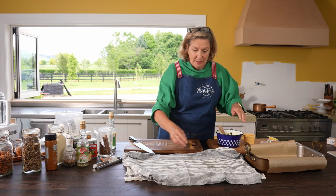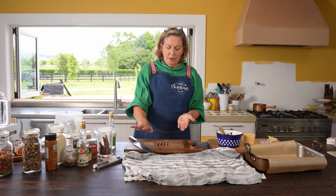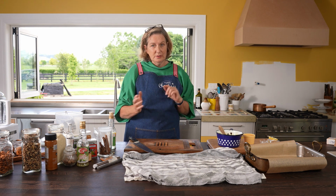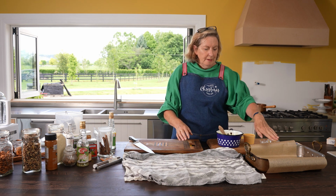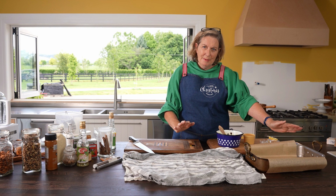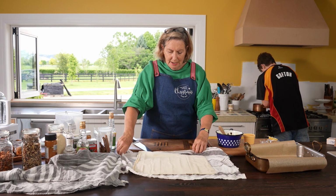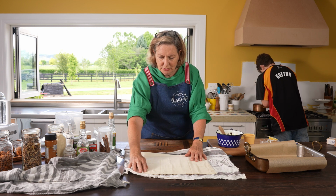That's fine. Okay, so in the filo pastry boxes, there's somewhere about 18 sheets, somewhere like that. Some will have more, some will have less. And what we're going to do is put about 8 in the bottom to make the base of our baklava, okay? So, taking the first sheet of pastry,